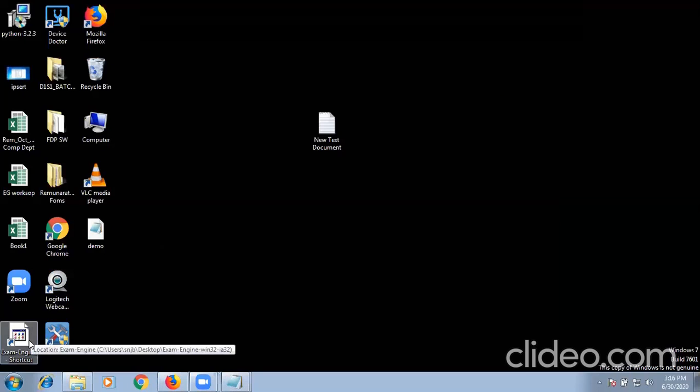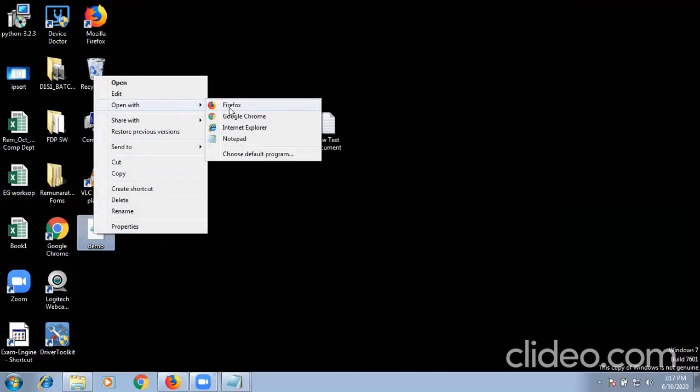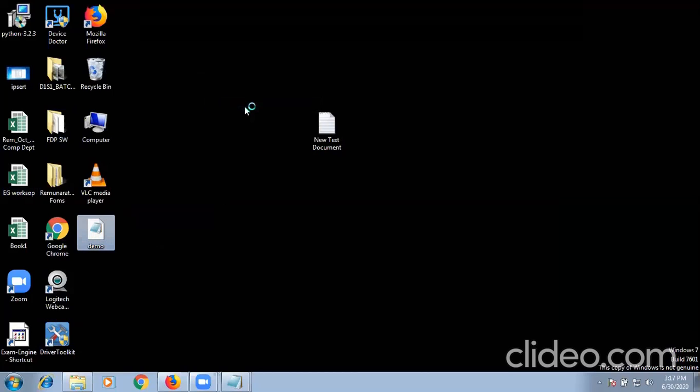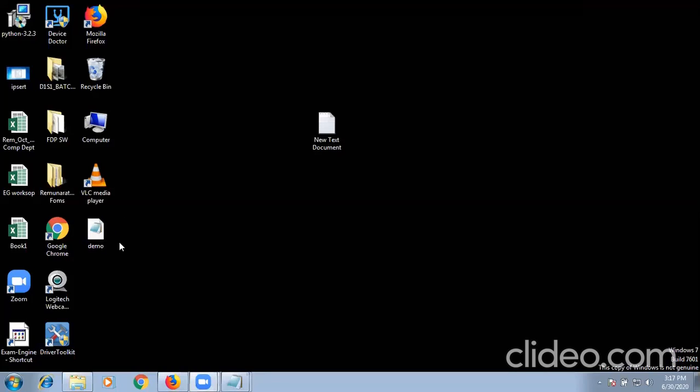Now where is the demo.html? I will open it with, suppose, Firefox. We will require a browser to open this. By default, it will adapt the symbol of your default browser.